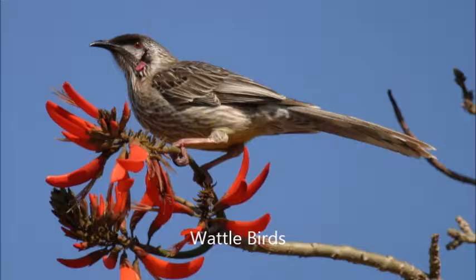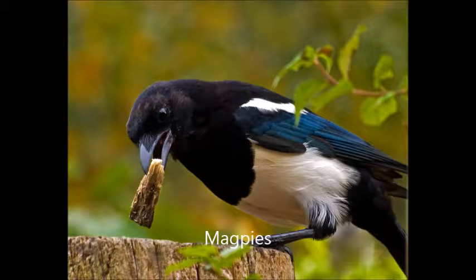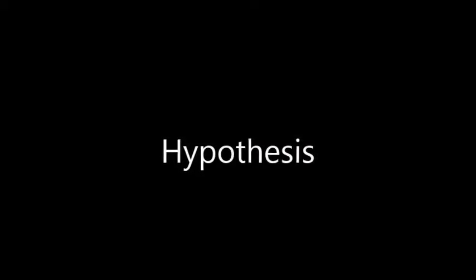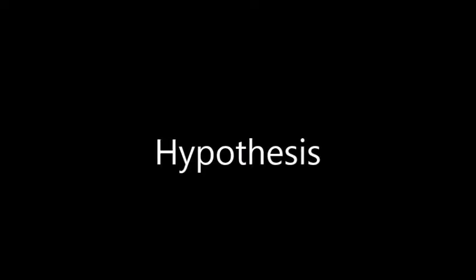The red wattlebird feeds on nectar, which it obtains by probing flowers with its thin curved bill. Magpies feed on small insects and animals that live on or just under the surface of the ground. A favorite is the scarab beetle, which is a major pest of garden lawns. Magpies will also eat frogs, small lizards, meat scraps, and grains. Magpies will prefer the non-colored spaghetti, and the red wattlebirds will prefer the red spaghetti.